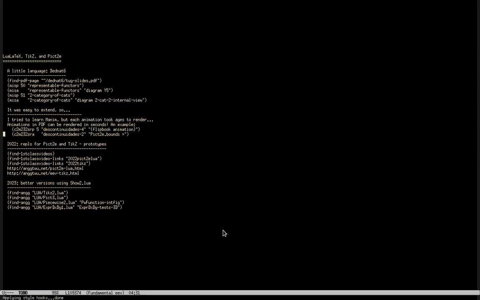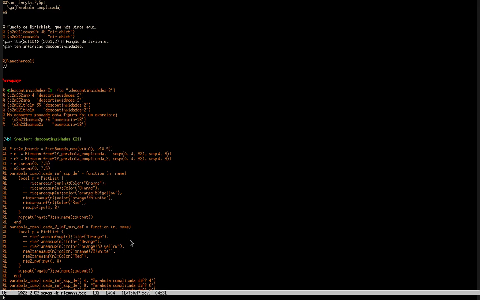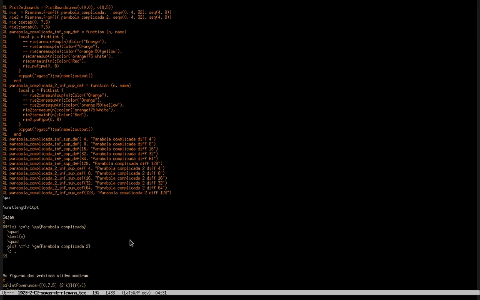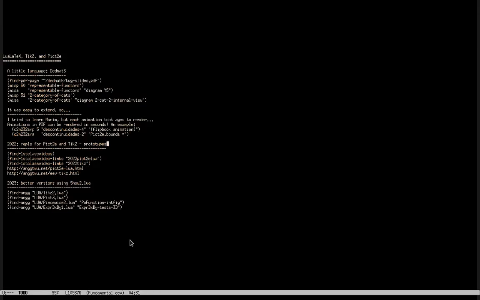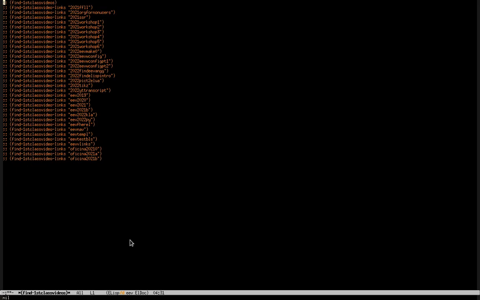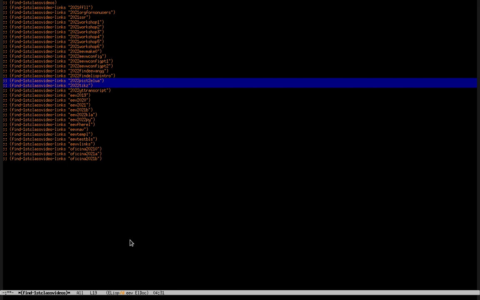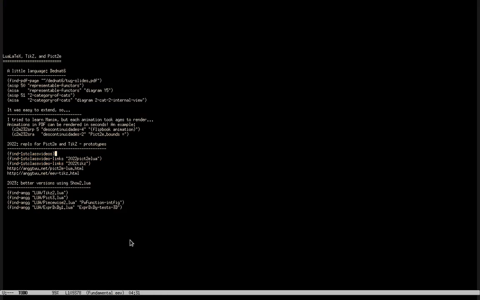Anyway, writing code like this inside the tag file was not very fun because it was hard to debug. So in 2022, I started to play with ways of generating these diagrams from REPLs, and I found a way for TikZ and a way for TikZ. Each one of these ways became a video. If you go to the list of first-class videos of EEV, you're going to see that there's a video about TikZ here and a video about TikZ.